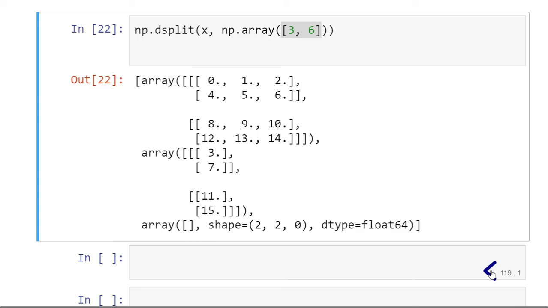We have seen dsplit which splits the arrays along axis 3, depth wise. And we have seen the two versions. First, it splits the arrays into sections, that is equal subparts, and along the index also. If you want to split along the index, you have to pass the index inside a list.